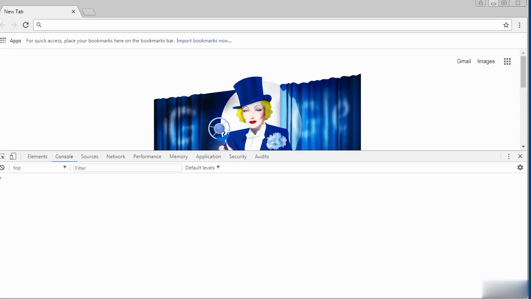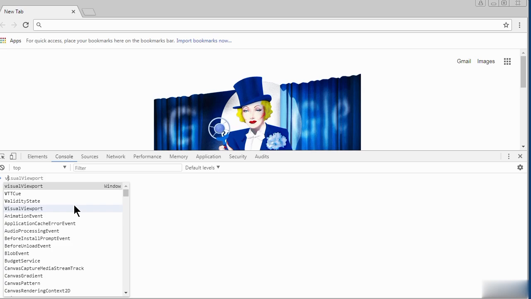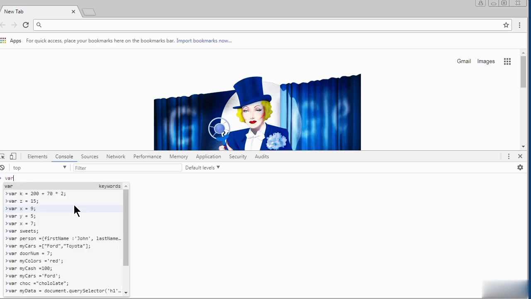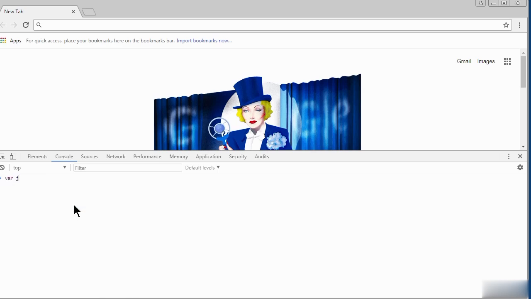The best way to show you this is by actually illustrating an example. So I've got my console here, so I'm going to create a variable called J. You could call your variable anything. I'm going to give it a value of 150